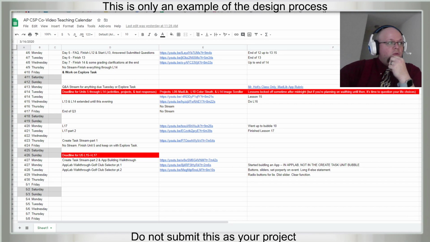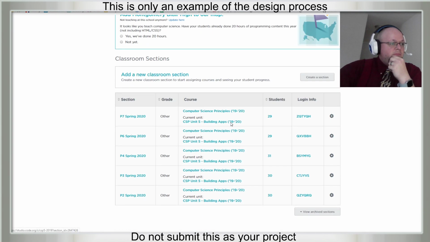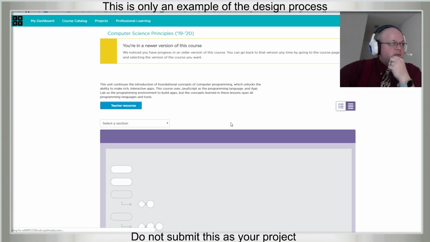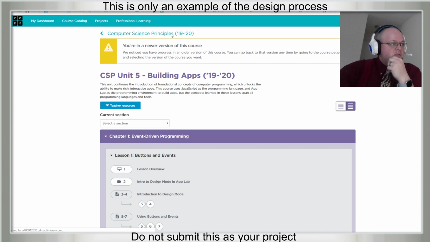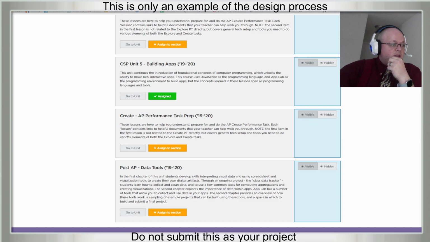The one that I got a couple of was where can you do the actual coding for the create task, because some people are trying to get into the create task unit and are not able to. We discussed that last time, I think, maybe the time before.